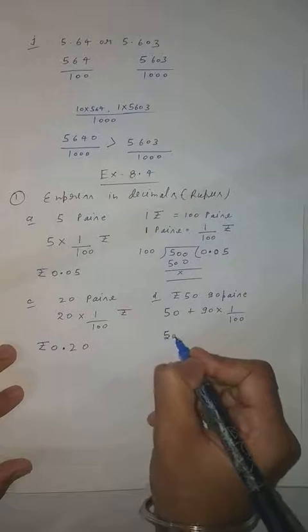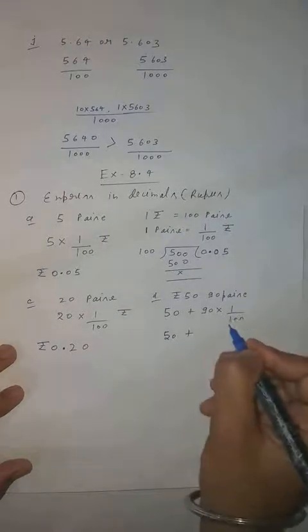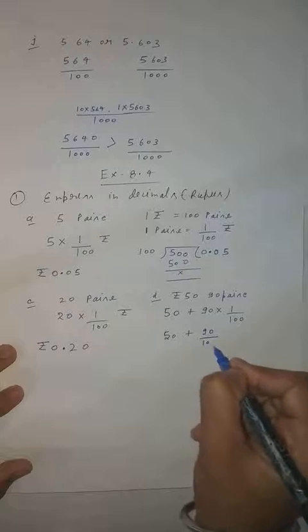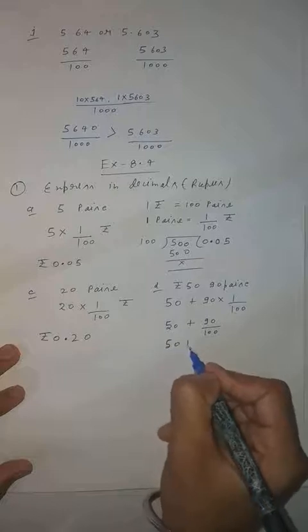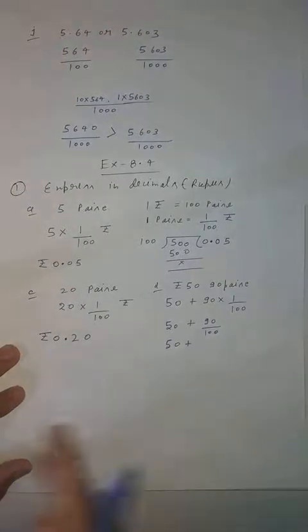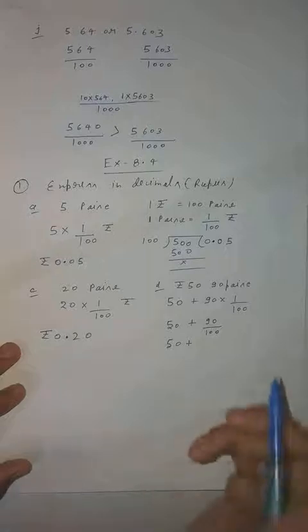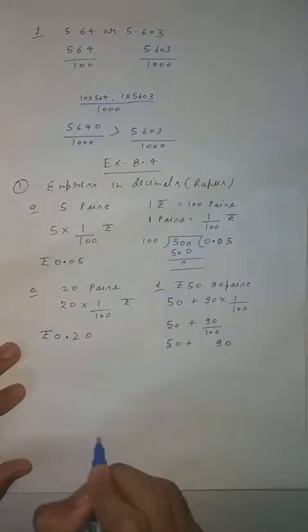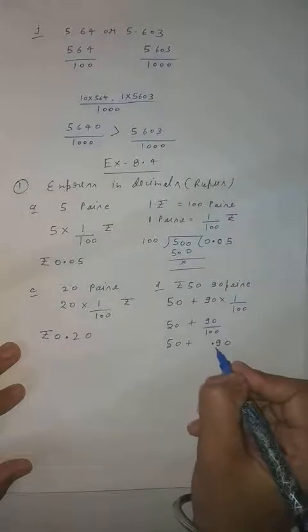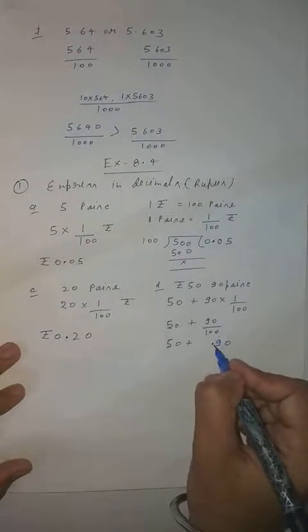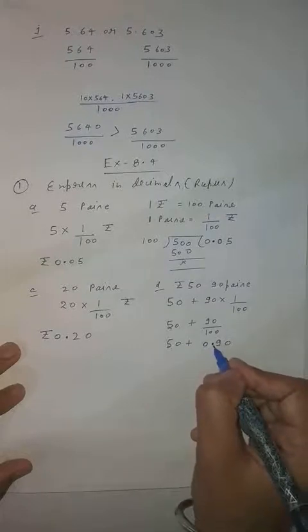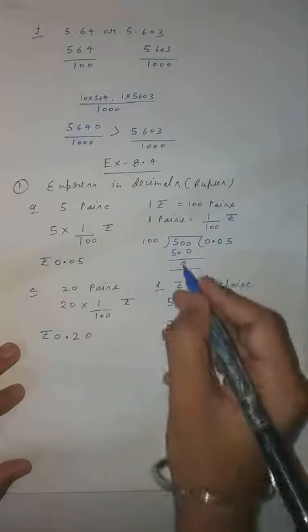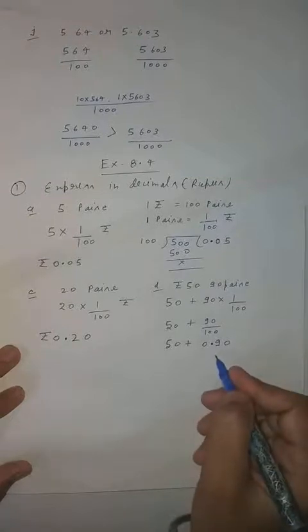Same, write down 50, there will be no change, plus 90 upon 100. Clear? Now you know that 50 stays the same, and for 90 upon 100, after the decimal there should be 2 digits. So write down 90. Similarly you will copy. Now you can see here you will put the decimal easily, because after the decimal there should be 2 digits. So as with 20, after the decimal there should be 2 digits. So you can say, sir, we will write down 90 and put the decimal here. Your answer will be correct because after the decimal you can check the first digit and second digit, and how it is coming I explained in division.